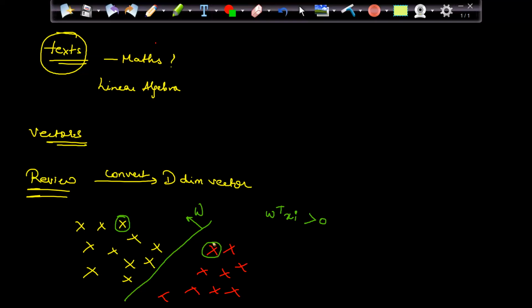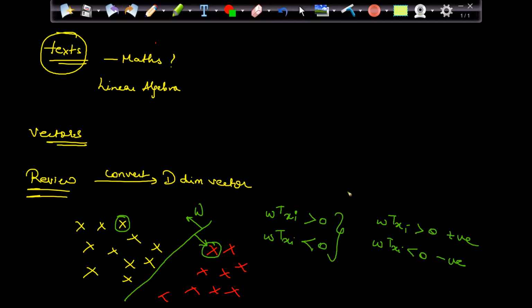And if this point is in the opposite direction of W, my W transpose Xi will be less than 0. So we are coming up with a classifier. When W transpose Xi is more than 0, I can say it's a positive point. When it is less than 0, I can say it is a negative point. That is the logic we have to build.